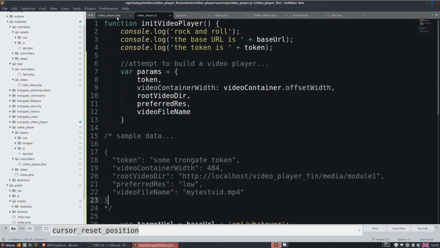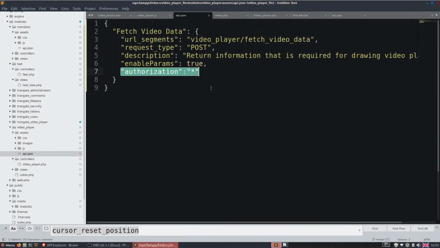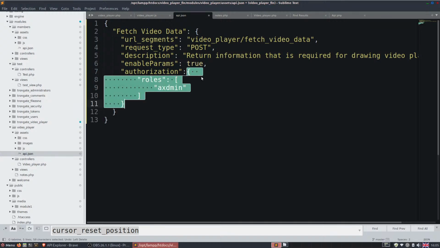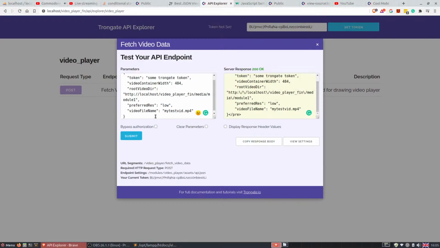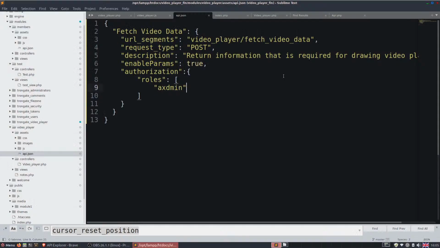let's try something kind of cool here. Let's assume that there's some weird authorization rule here, like this, right? And so when we go across, it's going to say invalid token, and you can see that we've got a 401 error here. Now,